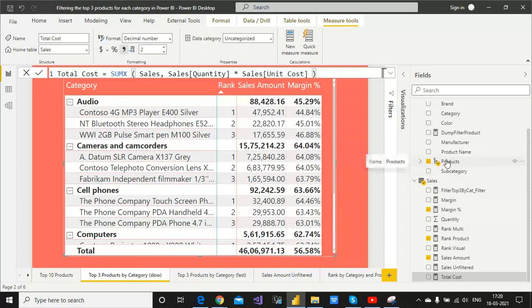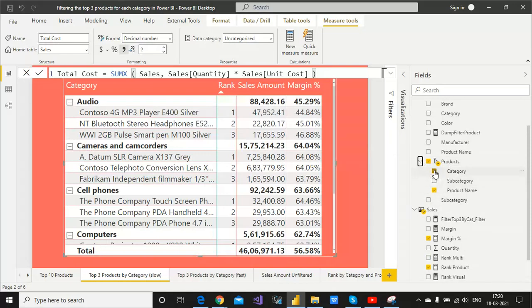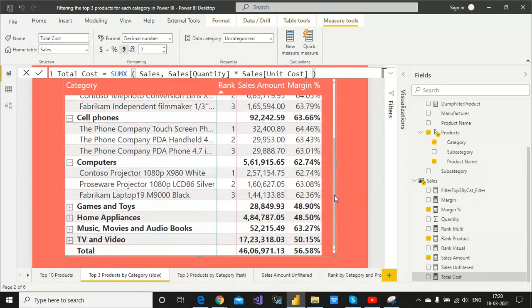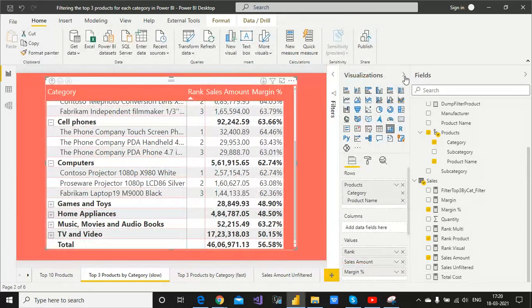First select the product, so that once you select that, categories and subcategories are displayed automatically. Let's talk about the sales amount. Sales amount we have already covered, as a measure, and margin percentage will be here. Now all the steps are performed, very easy. Now you can use the matrix. Do not use the table, use the matrix.